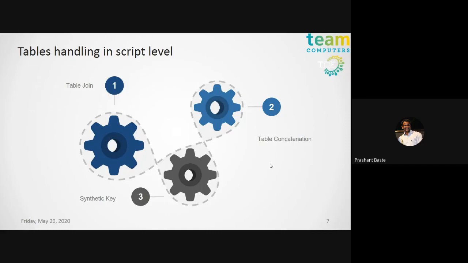Let's say row id is a common field, and the majority of DMS have row id as a primary key. But the row id of a parent table and the row id of a child table do not have the same meaning, and they will not relate to each other. If you join on that, firstly you will get the wrong result. Secondly, similar names will create a synthetic key.